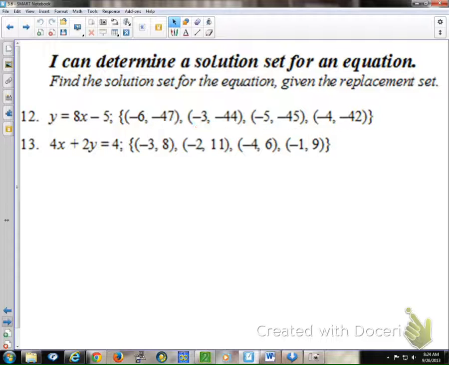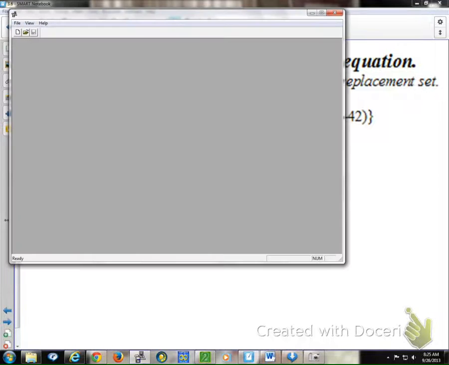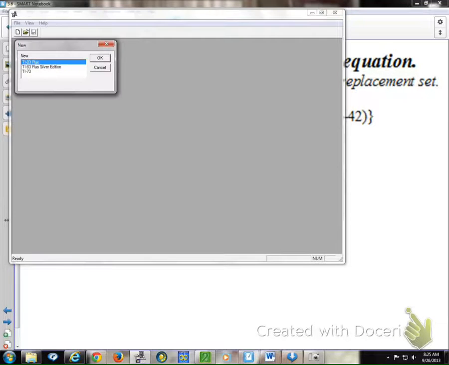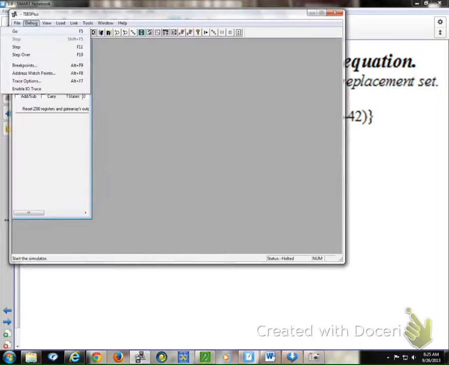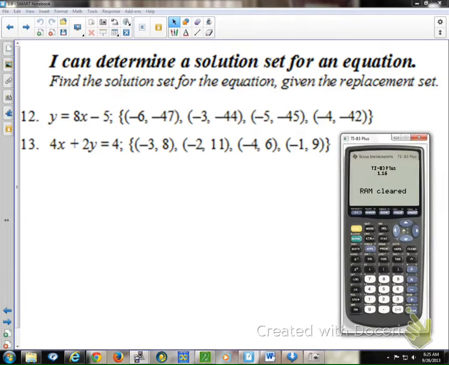You all need to have out a calculator, preferably a graphing calculator. If you do not have a graphing calculator, you need to come up and grab one of mine. I would say one of the light gray or yellow ones. Wait, what's a graphing calculator? One of these big fancy ones, like this. And you're welcome to use one of mine, yellow or light gray.